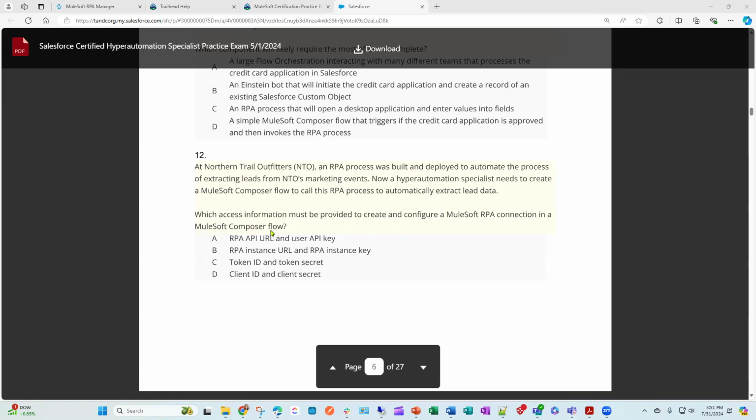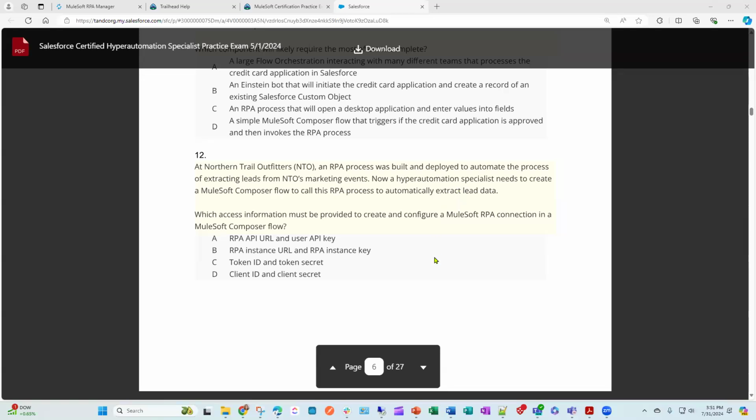All right, so let's see. At Northern Trail, at NTO, an RPA process was built and deployed to automate the process of extracting leads from NTO's marketing events. Now a hyperautomation specialist needs to create a MuleSoft Composer flow to call that RPA process and